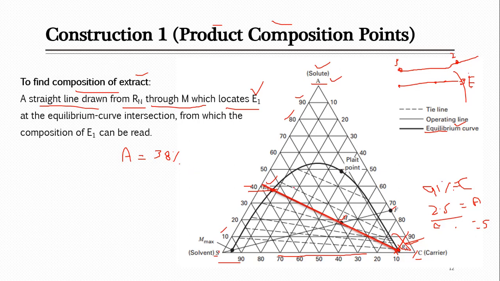Now we have to find the next one, and that's the carrier or solvent, because this will be the extract, which is solvent rich. You can see here the solvent is 100. So overall you can see A is 38%. Next you have to look for S, the solvent, which is 100% at this corner, and you see its value is decreasing. When you reach here, the line close to our point is between 60 and 50. You see this is the 60 line and the other line is for 50. This point is exactly in between, so let's take it as 55%. It will be S.